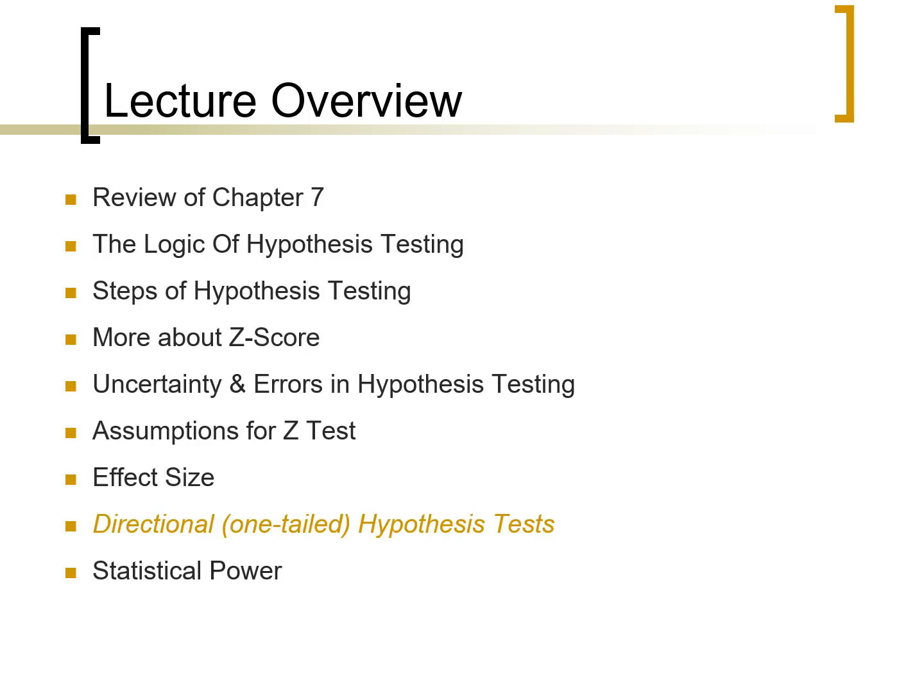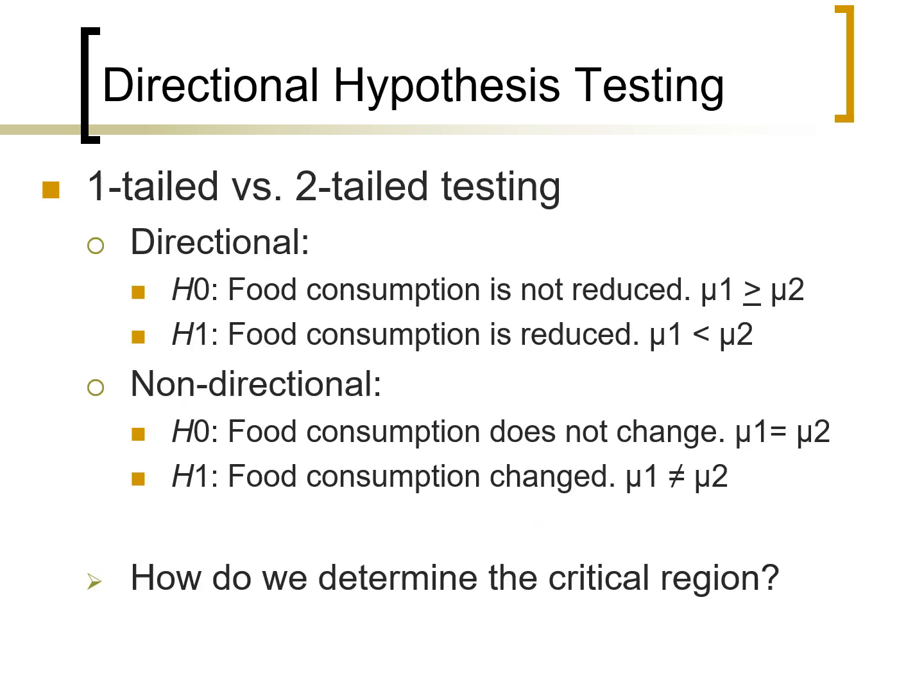So finally, we have a couple things to wrap up with that you may have been able to infer from our presentation so far, but are important to make clear. First, we can have our critical area either in the ends of each tail, the high and the low end, or we can just put that whole critical area into one tail. So if we do a one-tailed test, we call that a directional test.